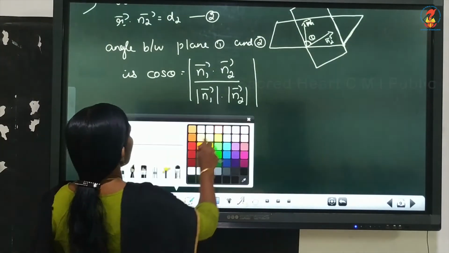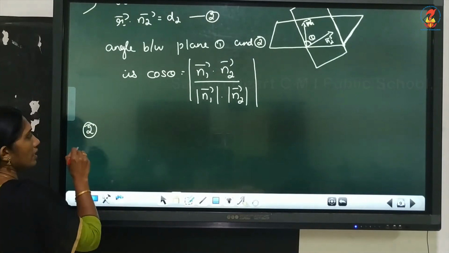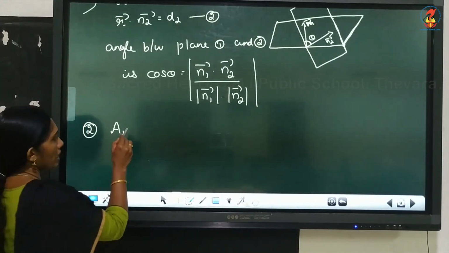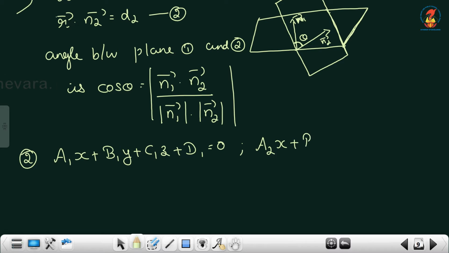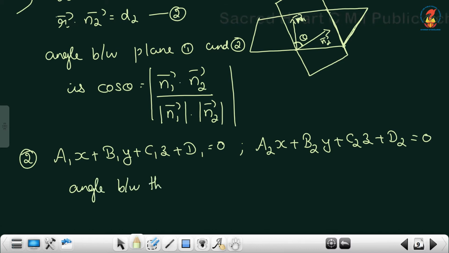Then Cartesian form. Second case is Cartesian form. The standard equation of a plane is x term, y term, z term and a constant. So a1x plus b1y plus c1z plus some constant d1 equal to 0. So first plane. The second plane, a2x plus b2y plus c2z plus d2 equal to 0. So two planes, Cartesian forms given, then angle between them. Again cos theta is equal to,